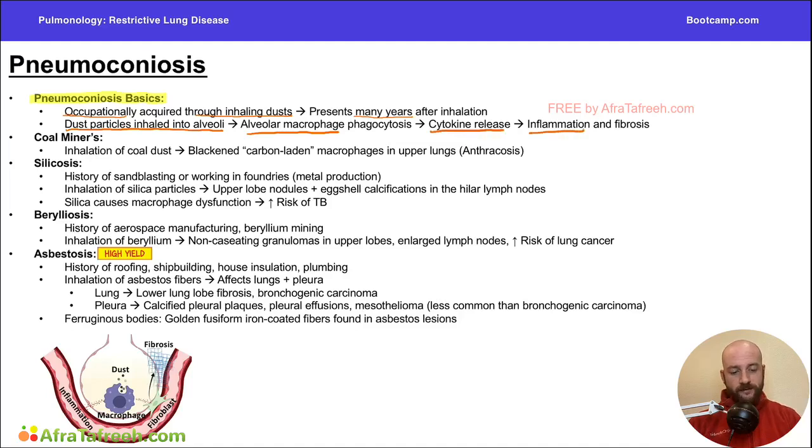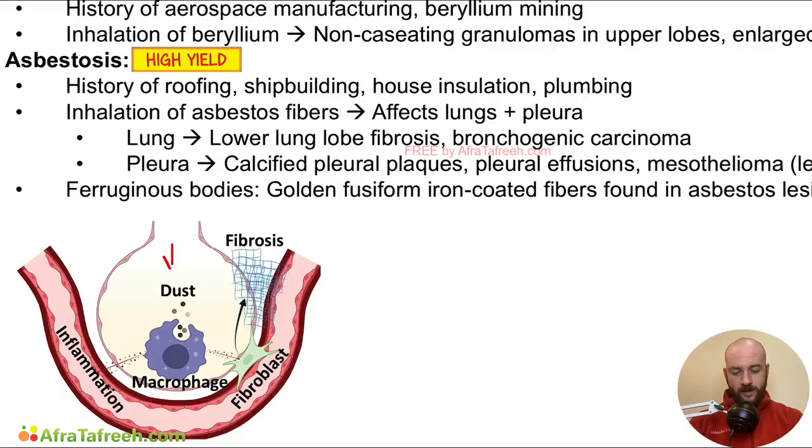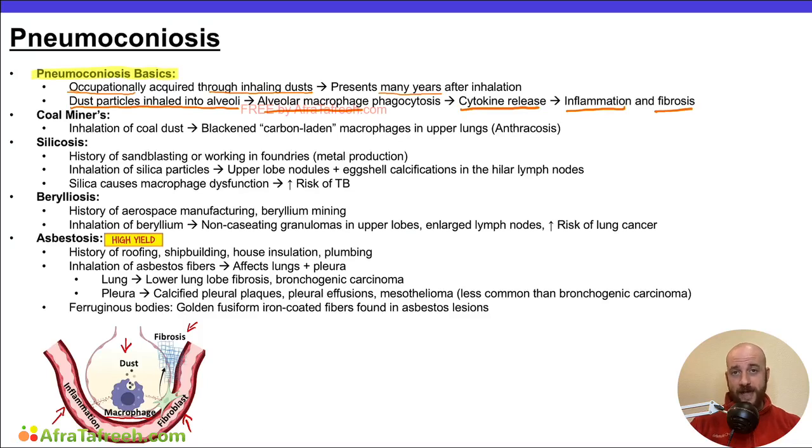in inflammation and fibrosis. So if we take a look at the diagram in the left corner of the screen here, we can see that when dust enters the alveoli, it's going to get phagocytosed by macrophages, and then those macrophages are going to release cytokines, which is going to result in inflammation and fibroblast activation with subsequent fibrosis. And depending on what dust particle is inhaled will determine the different features that we're going to see in